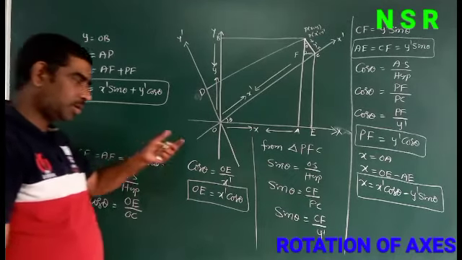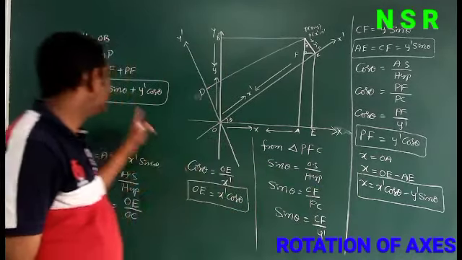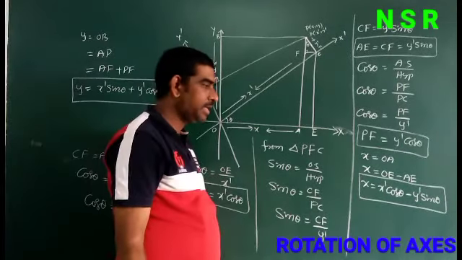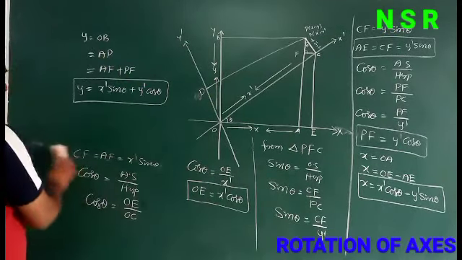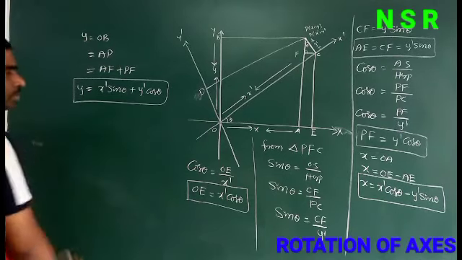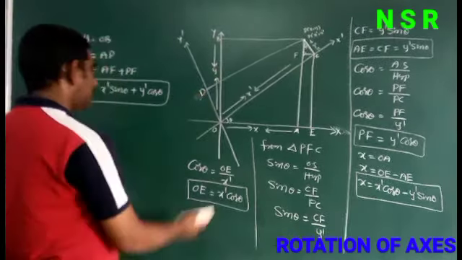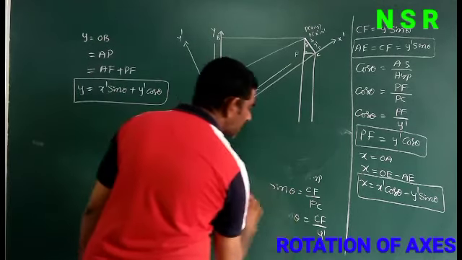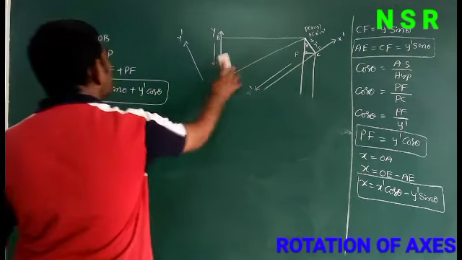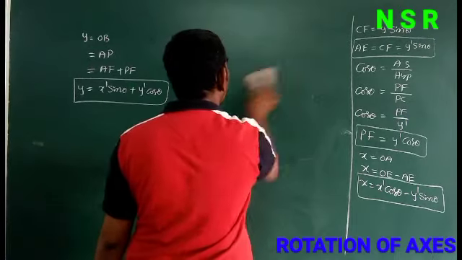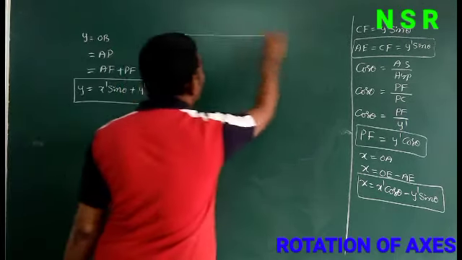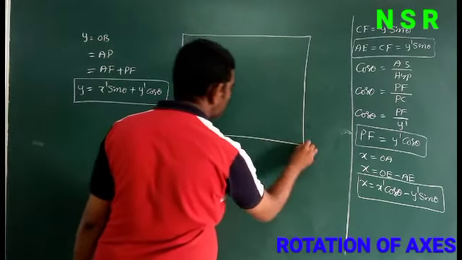So these two are rotation of axis formulas. Again we have another two formulas, that is x dash and y dash. So how to remember these four formulas? You don't need to remember the total diagram and these triangles with sin theta and cos theta, you just remember x, y and x dash, y dash. We have one table, just remember this table and you can easily write the formulas.